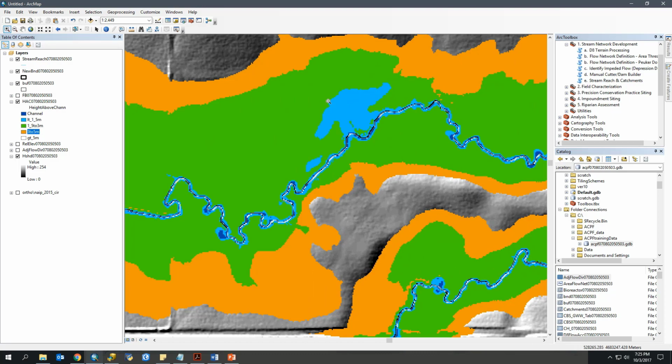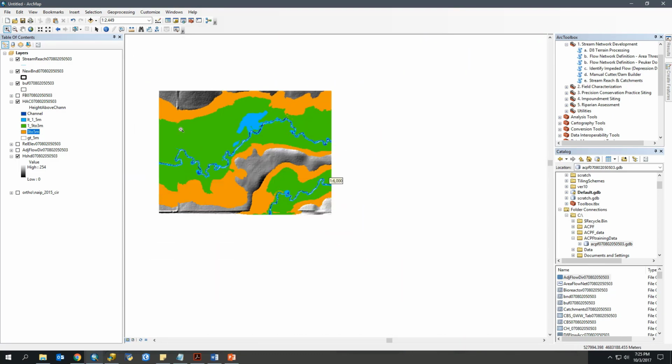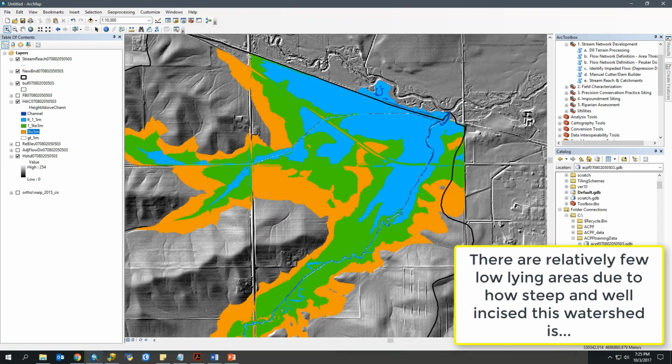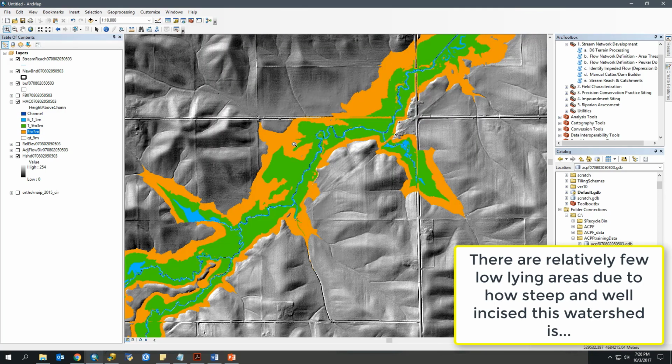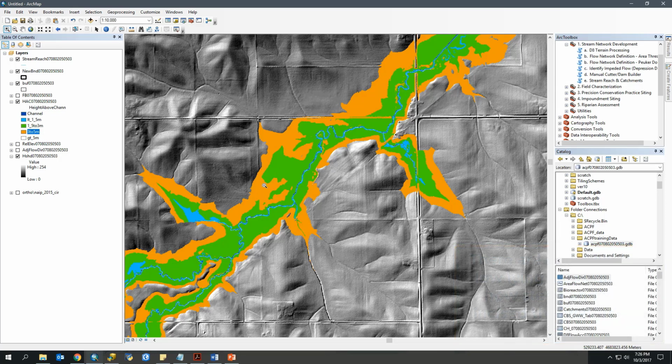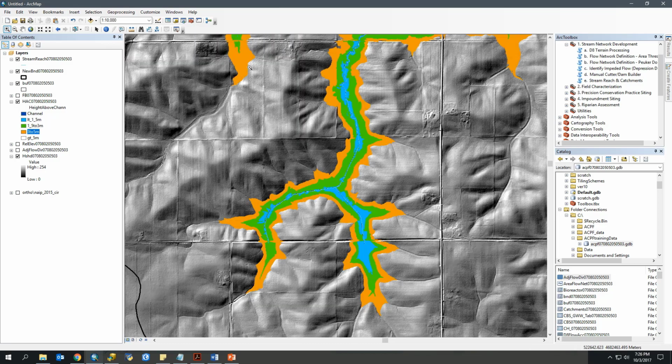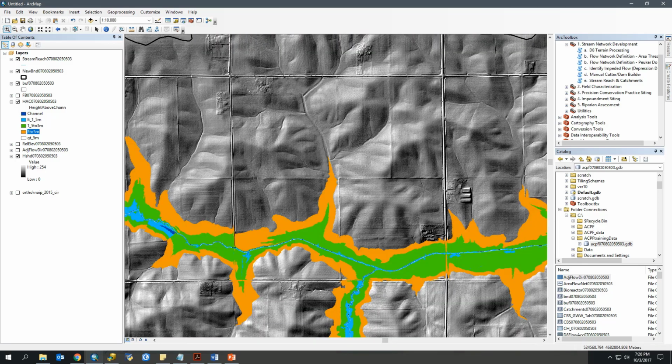Like along here where I have these patches of less than 1.5 meters above the channel, or like this large area down here that's going along this floodplain of the larger river, we know that our water table depth is fairly shallow, meaning that it's close to the surface, compared to these other areas that are 1.5 meters or greater, or higher than the channel, I should say. There, our water table is going to be deeper. So that is some valuable information you can get from your height above channel raster.